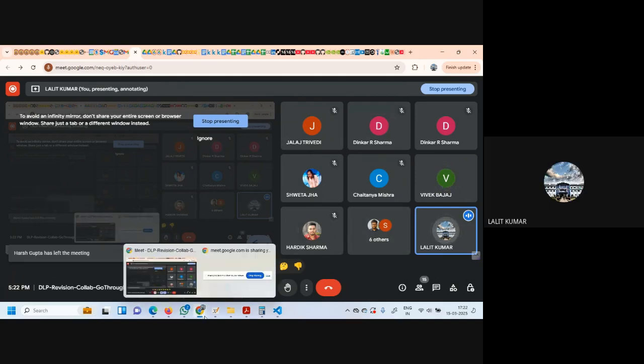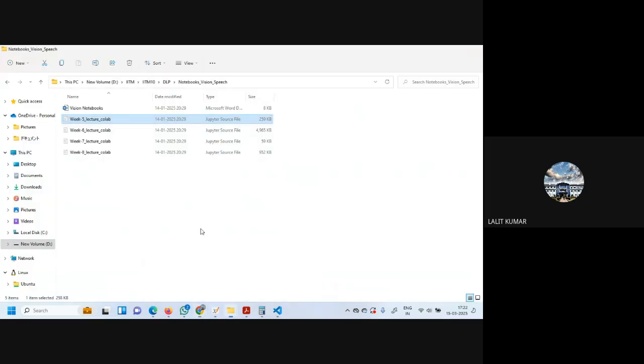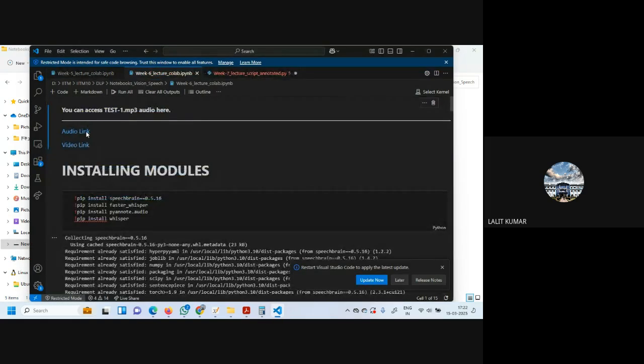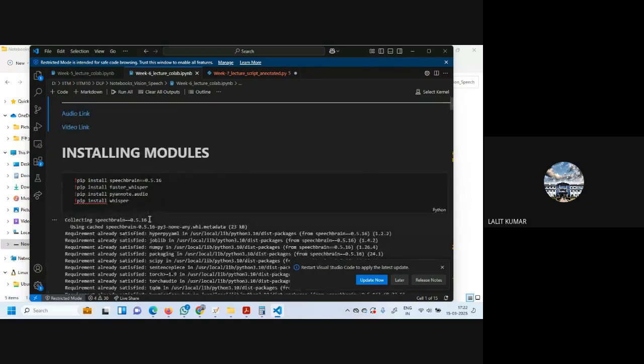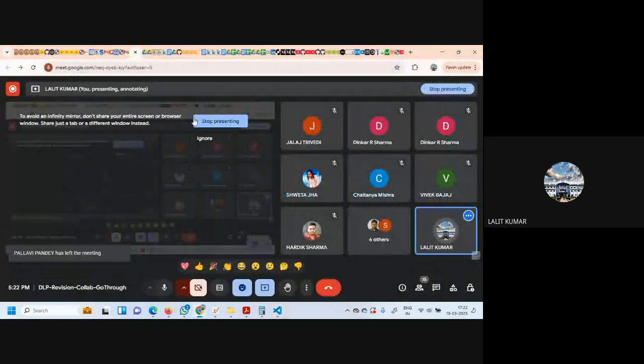So now shall we start with the week 6 also? Week 6, I think it was a diarization. Diarization means that we have got speakers and we have got a speech, and now we have to make out which part has been spoken by which speaker. That was the basic theme of this. And in that again, we use Whisper. So let's take this also in the same Colab, or we open a new Colab.